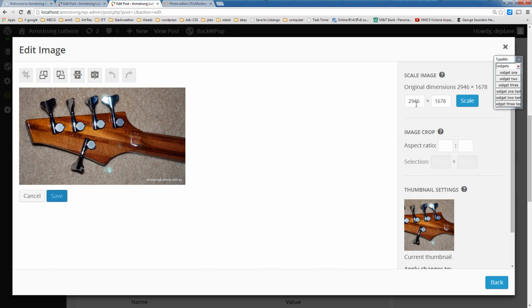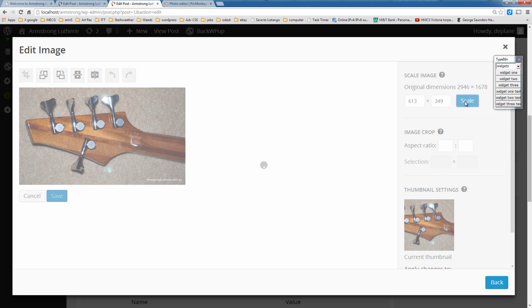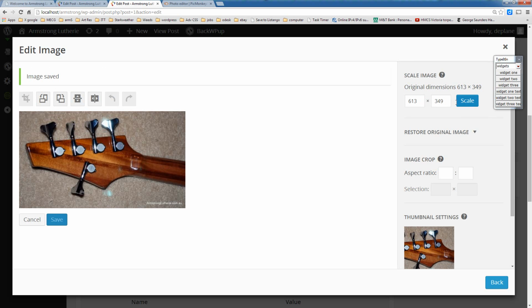First, we'll want to resize the image as this image is very huge. I'll put in 613 and scale. Select Save,